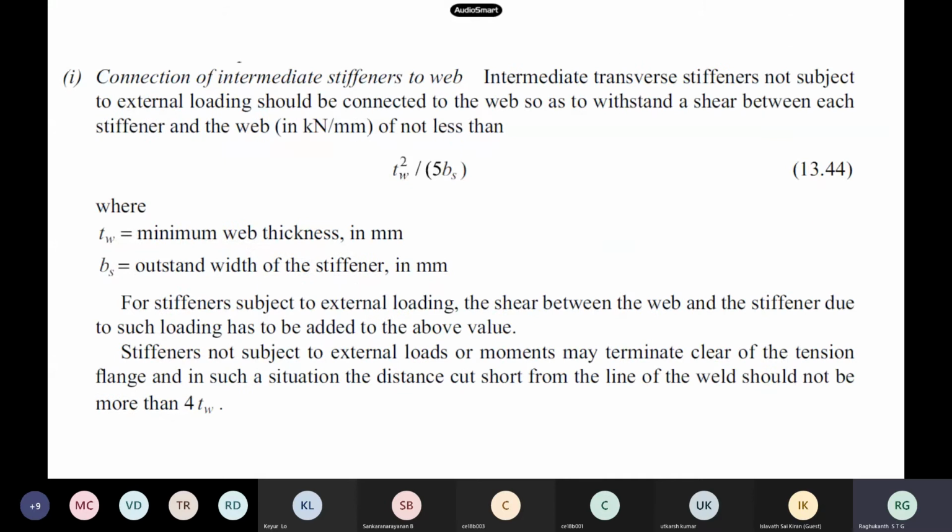Now how to connect the intermediate stiffener to the web: we have to do welding here also. This weld, it says, is t_w squared by 5 b_s, so this is a shear force. You have to design the thickness of the weld, the throat thickness, such that it withstands a shear not less than t_w squared by 5 times b_s, where b_s is the outstand width of the stiffener and t_w is the minimum web thickness. So if you know the shear, you can calculate the throat thickness of your weld also.